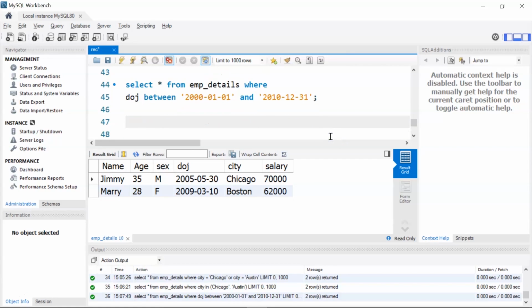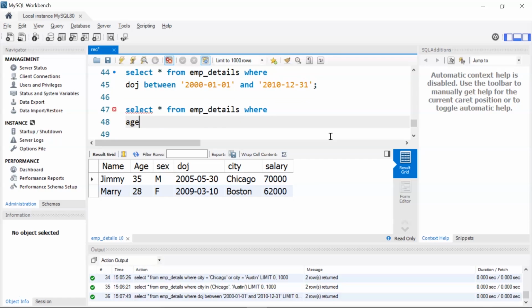Alright. Now in the where clause, you can use the AND operator to specify multiple conditions. Now the AND operator displays a record if all the conditions separated by AND are true. So let me show you an example. I'll write select star from employee details table where I want the age to be greater than 30 and I want sex to be male.